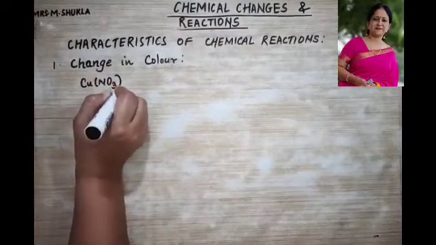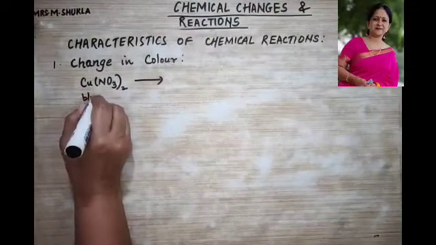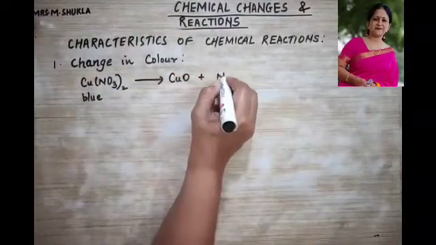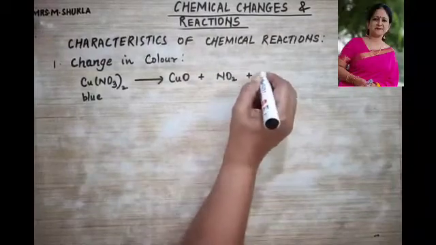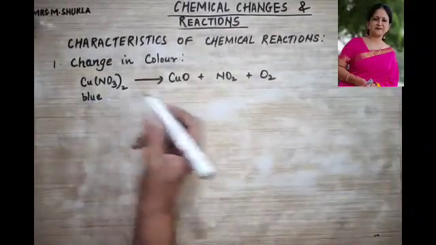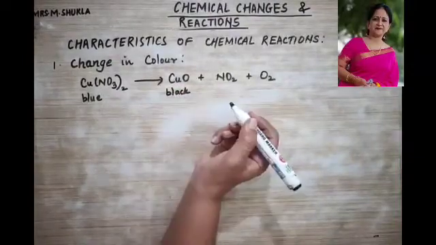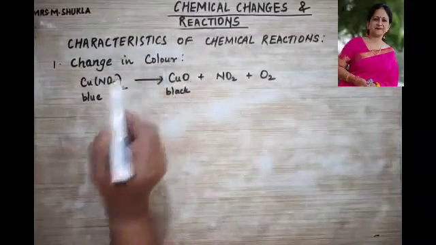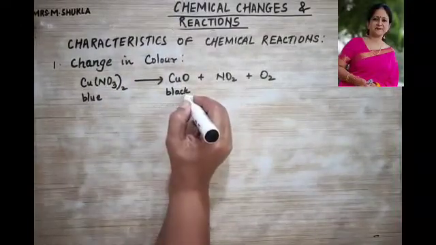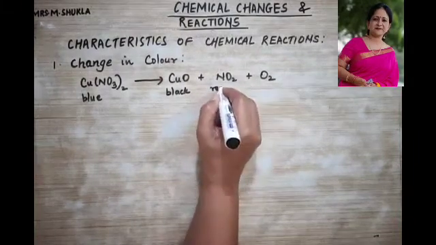Okay, copper nitrate, if you heat, this copper nitrate is blue in color. When you heat, it gives you copper oxide plus nitrogen dioxide plus oxygen gas. So this blue color copper nitrate changes to black color copper oxide. So change in color took place, the blue color vanished. Okay, and a new substance is formed, that is of black color, and a reddish